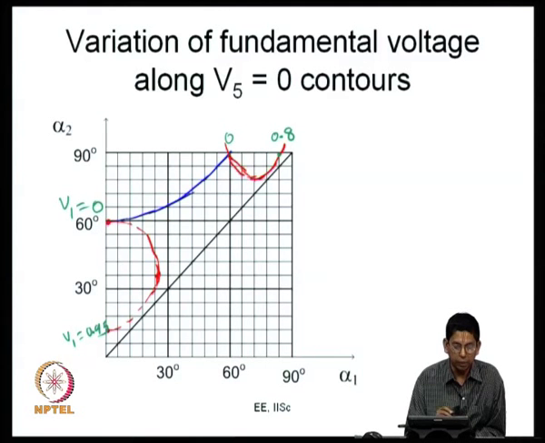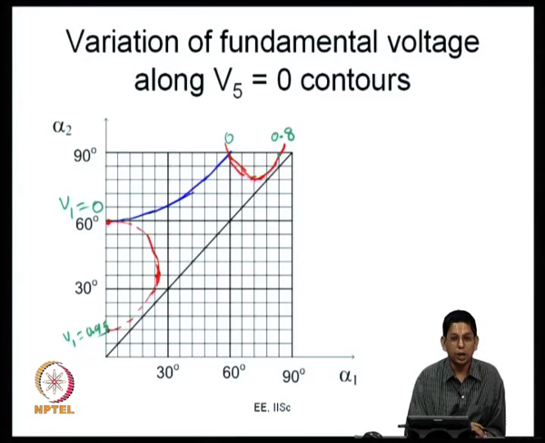Can I solve fifth harmonic elimination, for example, when I want V1 equal to 1 per unit? If I want V1 equal to 1 per unit, it is a square wave and there is no switching. So, you cannot eliminate any harmonic. So, fifth harmonic elimination is not possible for V1 equal to 1, and it will not be possible for some values very close to 1. How close is the question that we have come to determine now. As far as the fifth harmonic elimination is concerned, something like 0.95 is what the number is. If you are really above this, like 0.98 or 0.99, there is going to be no solution for your fifth harmonic elimination problem now.